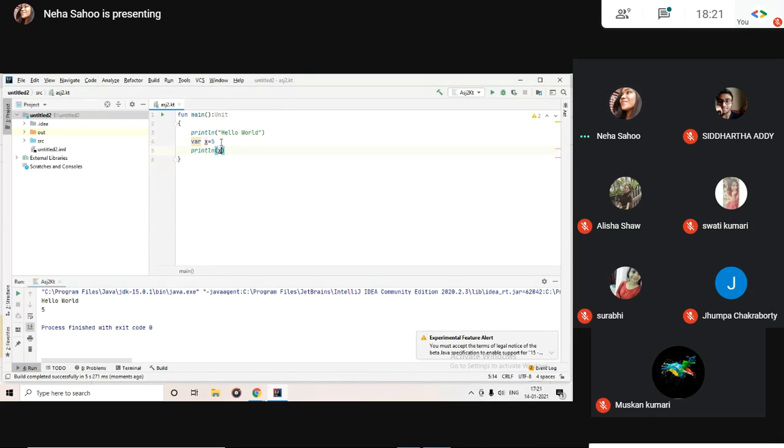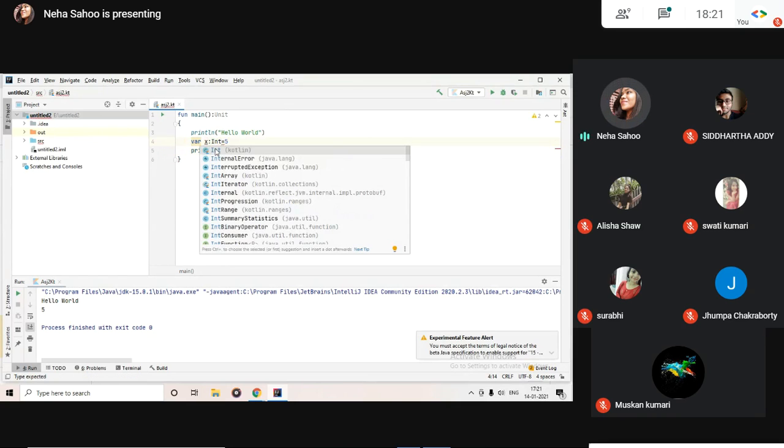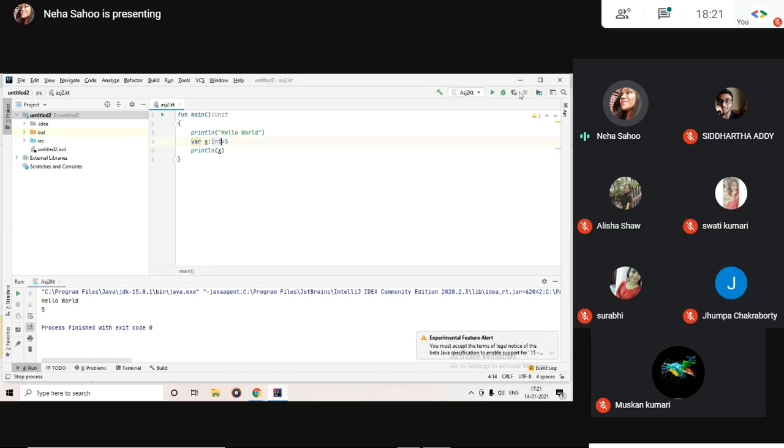Even if we add a data type here, it's going to work the same way. You can see that there was no change in the program, because it did not make any difference.